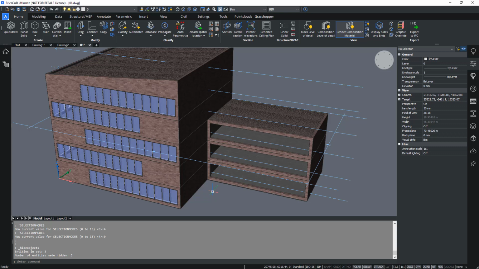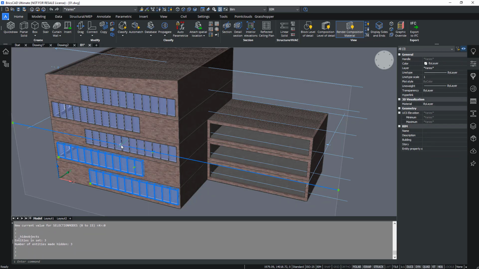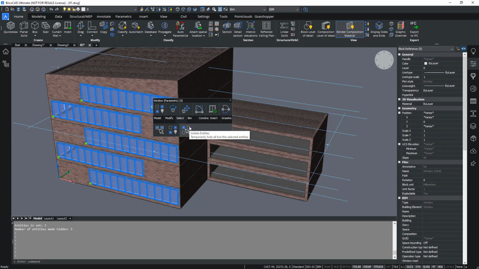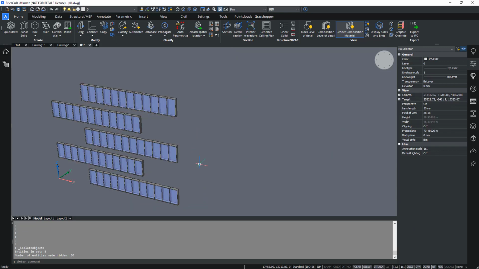Okay, so now we can also try to isolate some objects. This is actually the opposite of hiding the objects. You actually make sure that only the selected elements will still remain visible. It's the isolate entities icon. You can again find it through the quad in the select sub-tab of the quad. And then you need the isolate entities one, which calls the command isolate objects. And then you will see only those windows will be isolated.